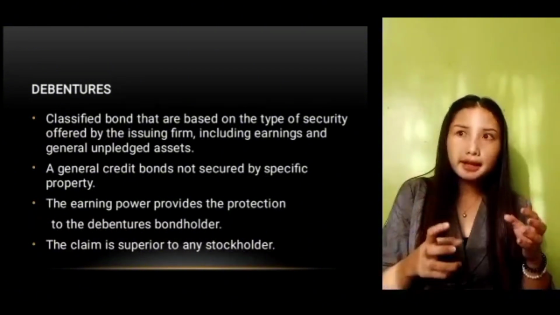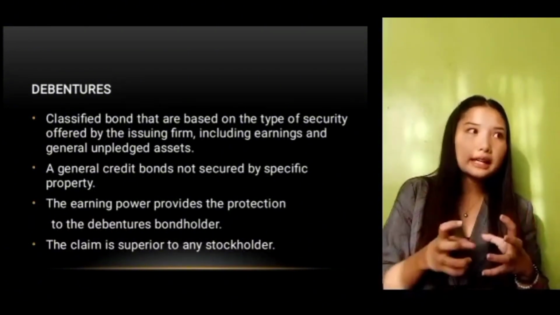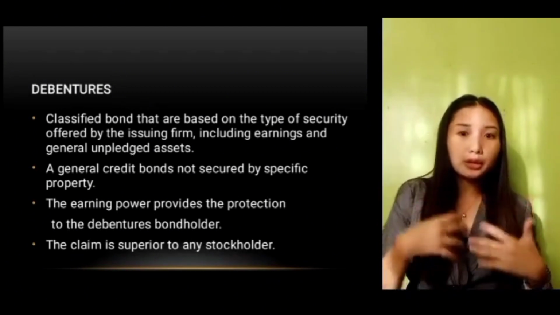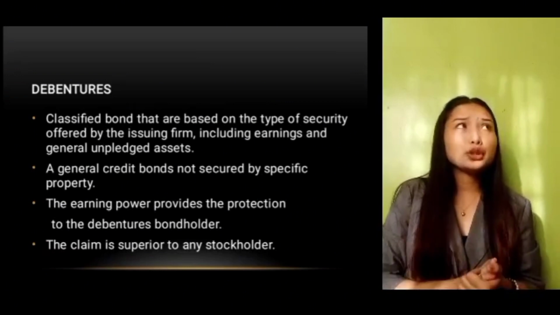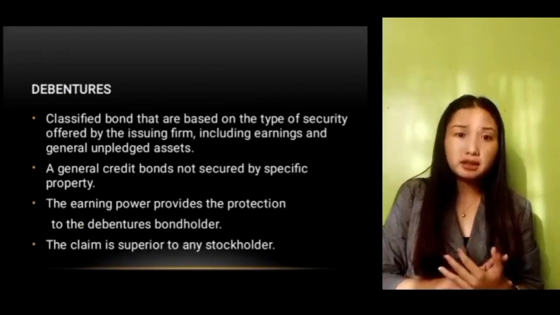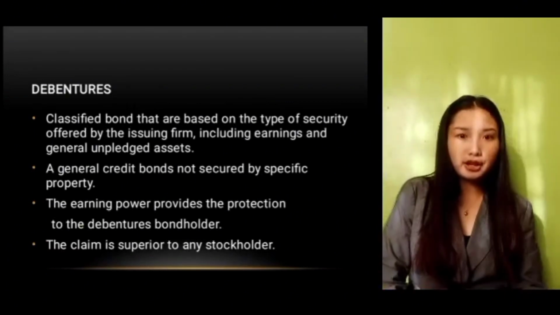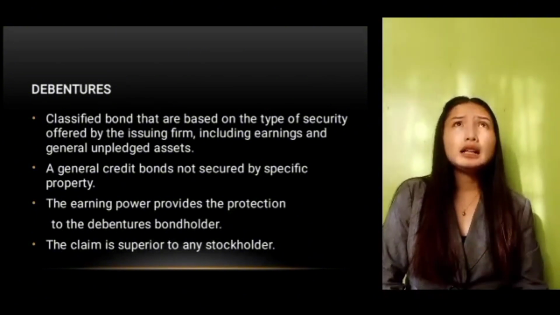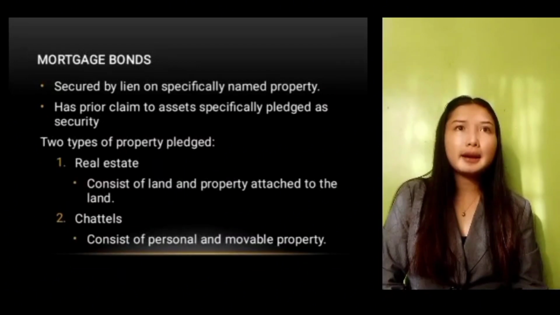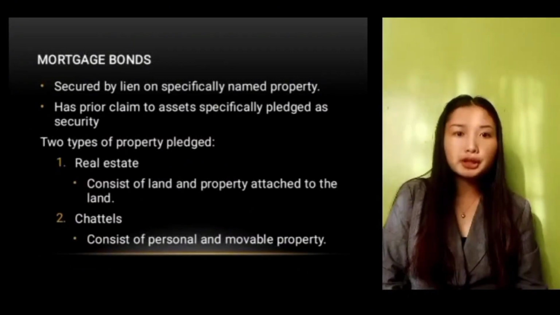So there's no agreement nga akong property, akong collateral para ani nga bond. In short, a debenture is unsecured, unlike other bonds which are secured by specific assets. And next is